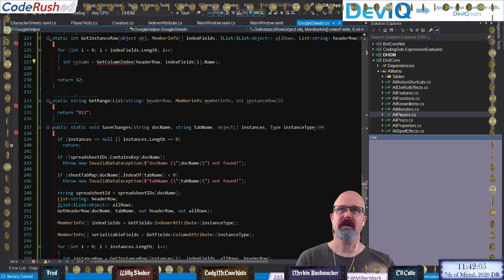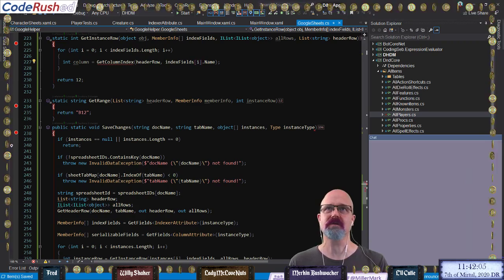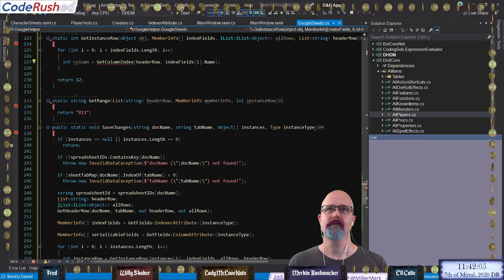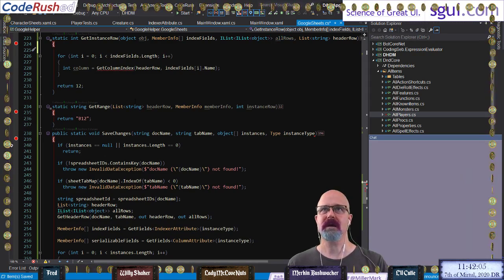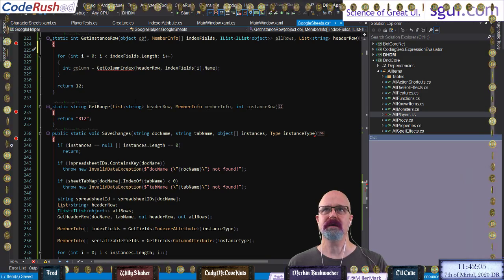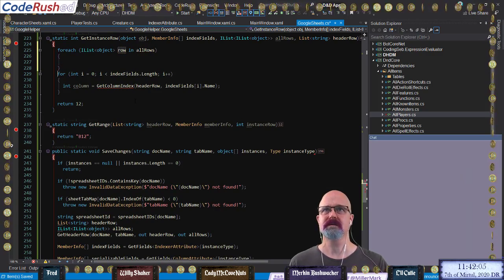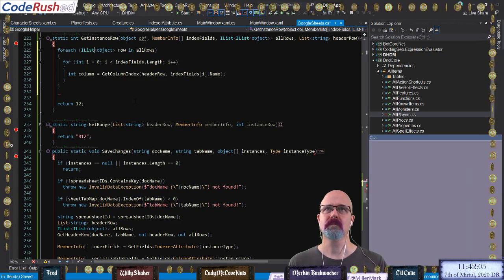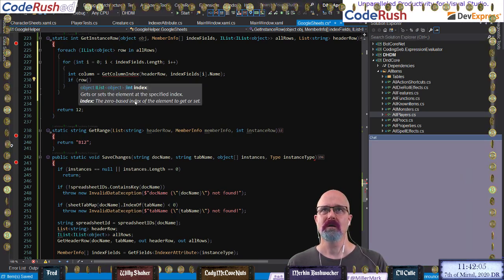So for the header row, it's going to match up this name with the header row to get the index of the column. There's that one. This has got to go through all our rows. So let's come down here and do a for each here as well. For that row, we're going to now see if row of column